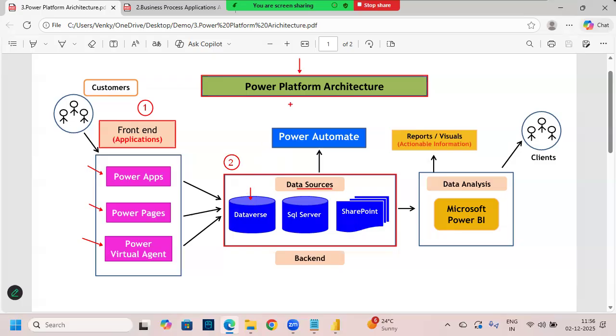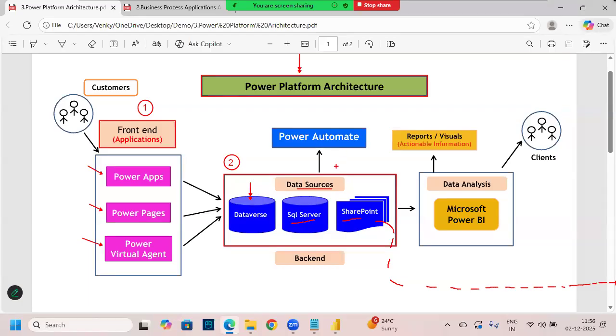But not only Dataverse, this Power Platform will allow us to store the data in different data sources also, like SQL Server, SharePoint, Oracle, MySQL, Excel, CSV, SAP HANA, Dynamics 365. So it will support almost all of these. Not 1 or 2 data sources, it will support hundreds and thousands of data sources to store the data. But what is the inbuilt data storage software? Dataverse, correct. Within the Power Platform, if you want to store your business data, go and use Dataverse. Otherwise, you can use SQL Server, SharePoint, Oracle, Excel, CSV, Dynamics, or any other data sources also,